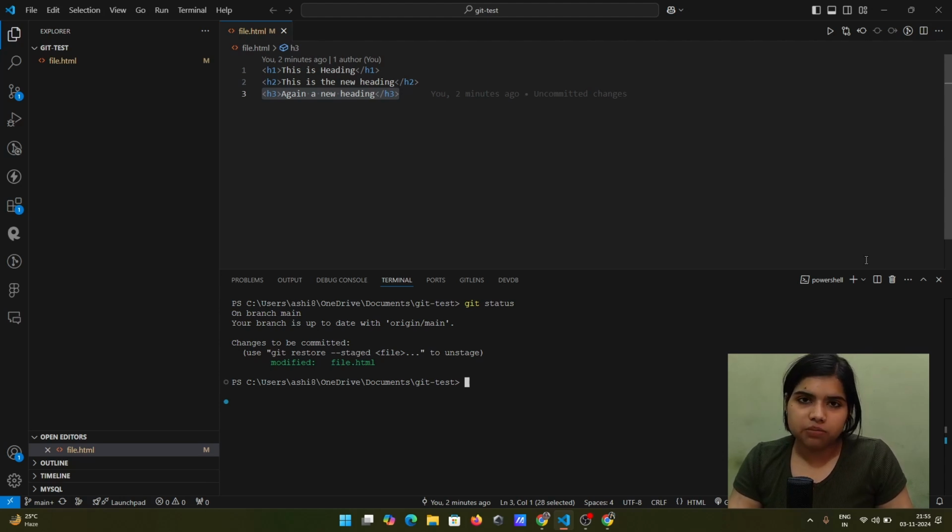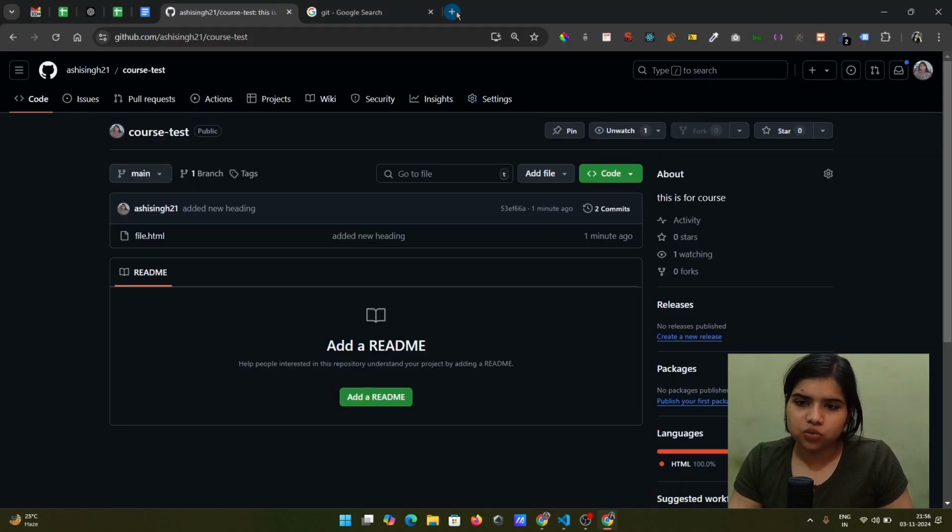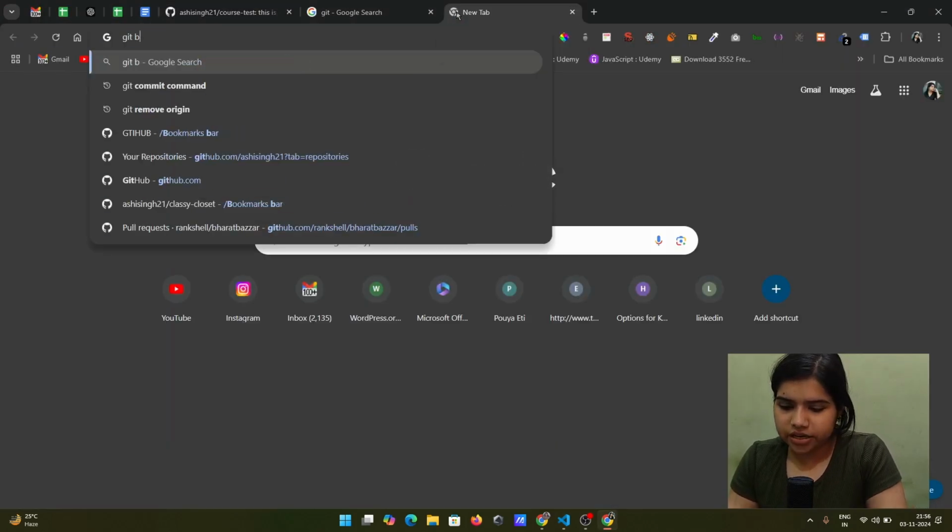So now the next thing is branches. In GitHub we have one main branch, and as per the need of the project, if you are working on one feature and your colleague is working on some other feature, you can extend those branches. To give you a good idea,